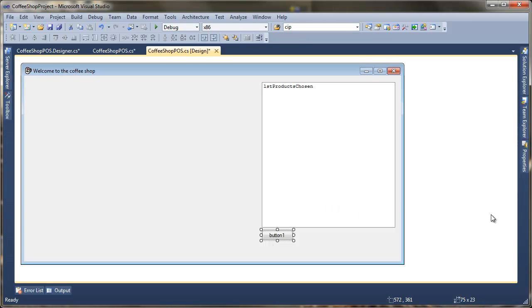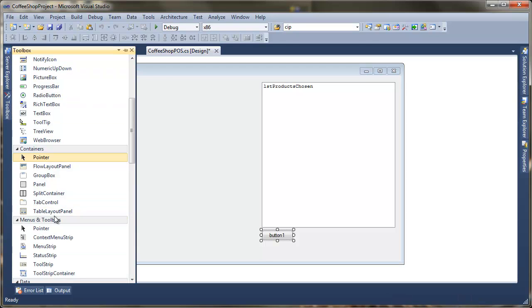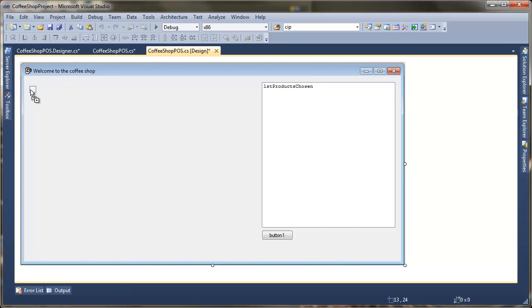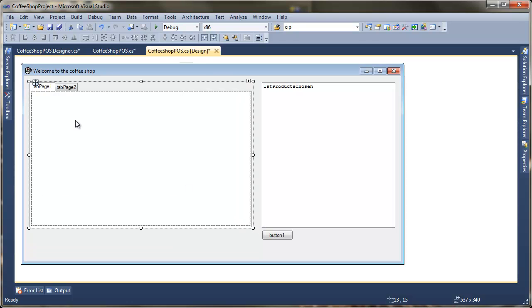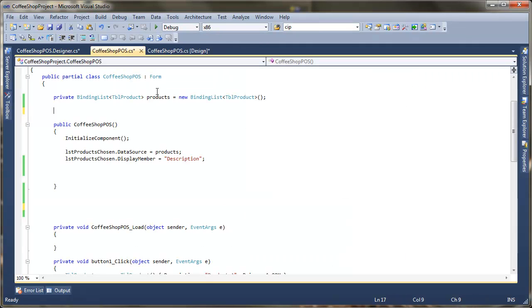Okay, in this video we're going to take a look at the tabbed browser. So what I'm going to do for this, I'm just going to go to my toolbox and find the tab control, and drop one of those onto my form. Now what I'm looking to do here is to dynamically create the tabs based on the products that exist within the database. So what we need to do for this is go into our code, so just view code here,